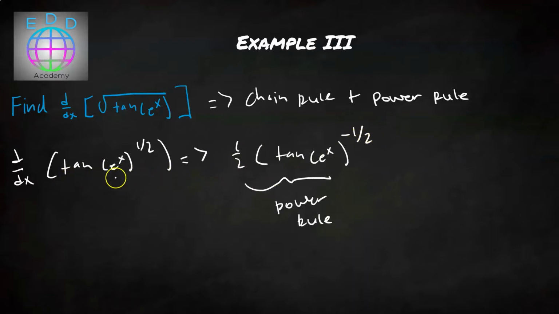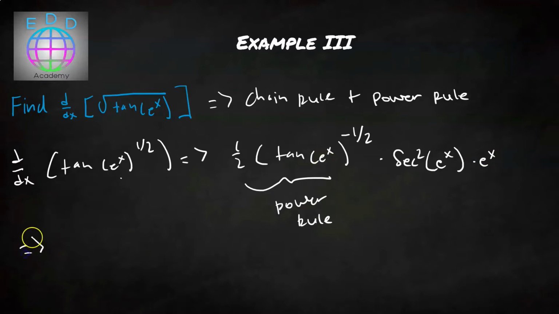And we need to not forget this interior function. So times, just like we did in the last example, the derivative of tangent is secant squared x. So secant squared of e to the x. And the derivative of e to the x is just e to the x. So the first step of the chain rule is taking the derivative of this tangent and keeping this constant, and then we multiply by the derivative of e to the x. But the derivative of e to the x is just e to the x, so we end up with this